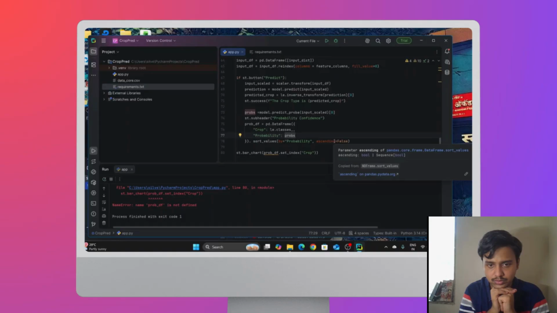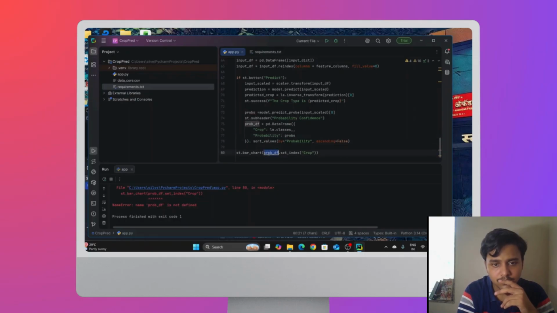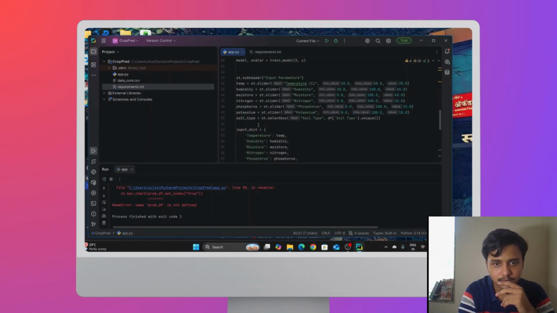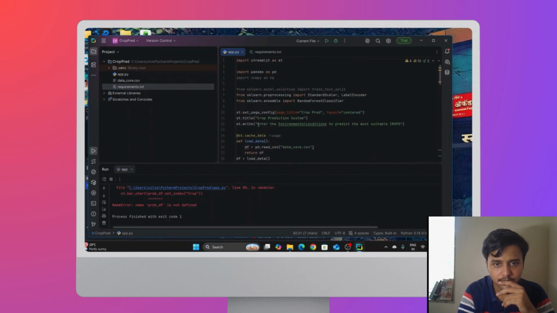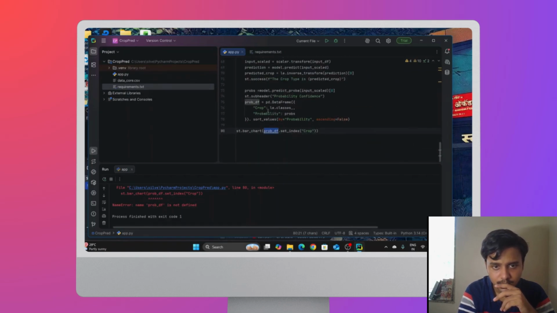So equals pd.DataFrame, and this crop is presented as label encoded classes, and probability is presented as probs.